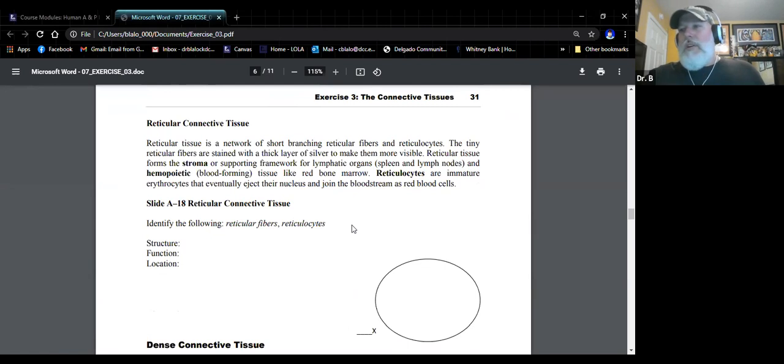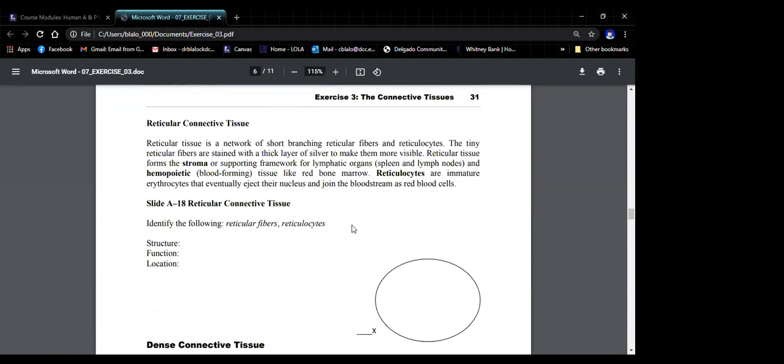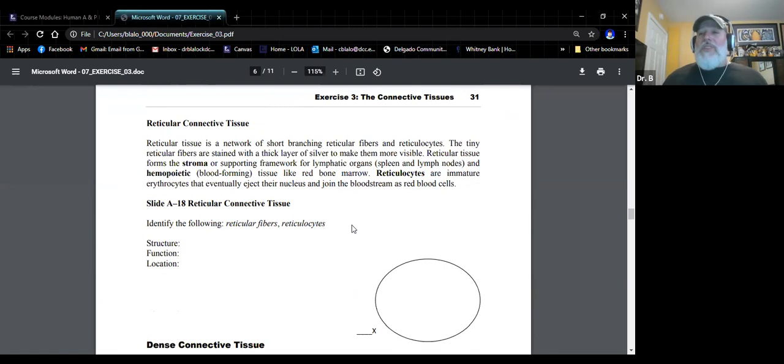Reticular connective tissue. Now, if you have reticular connective tissue, you would expect it to be high in what type of fibers? We have three types of fibers, right? Collagen, elastic, and reticular fibers. So reticular connective tissue would be high in reticular fibers, and it is, because the purpose of reticular connective tissue is to provide a structural supporting framework for particular organs. So those organs that we mentioned before, lymph nodes, spleen, kidneys, to some extent the liver, these organs that are going to be very dense and have a very particular shape and structure,